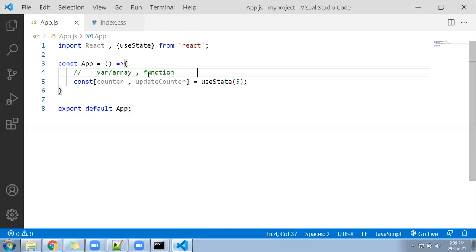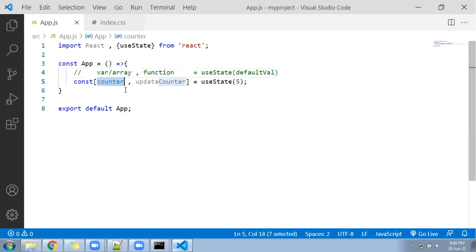And last, with the help of useState, what have we done? useState is the name of the hook, state, and you have given here a default value.